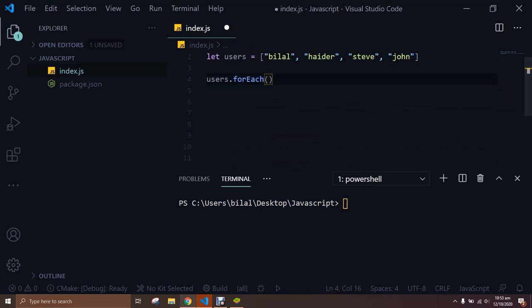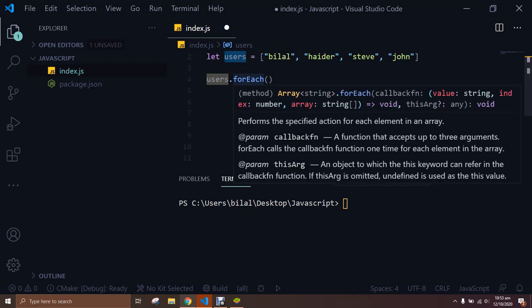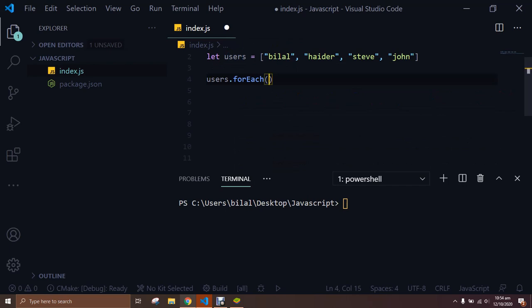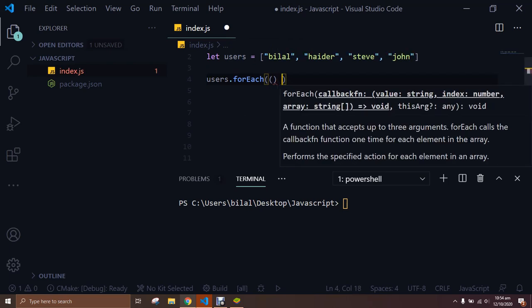So you can call it by writing your variable and dot, then call for each. Okay, and inside the parentheses we actually call an anonymous function,